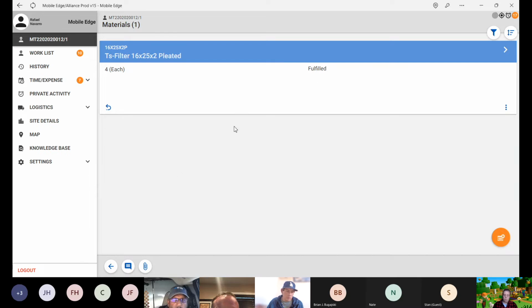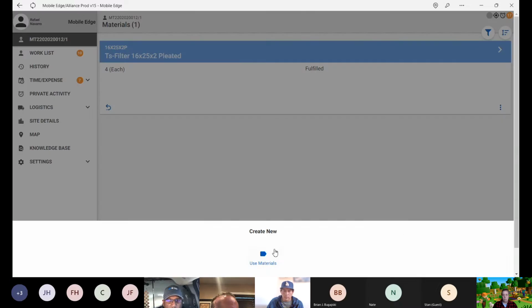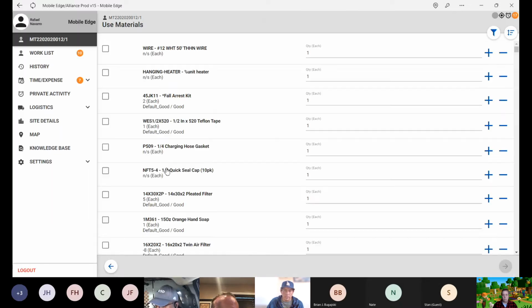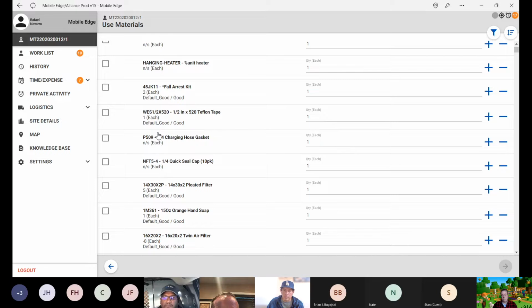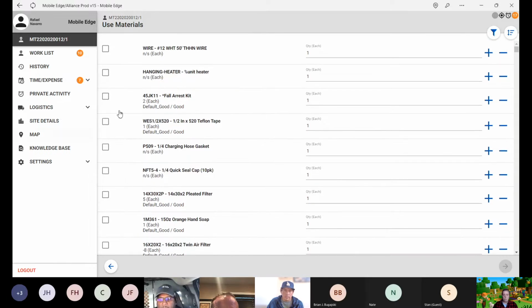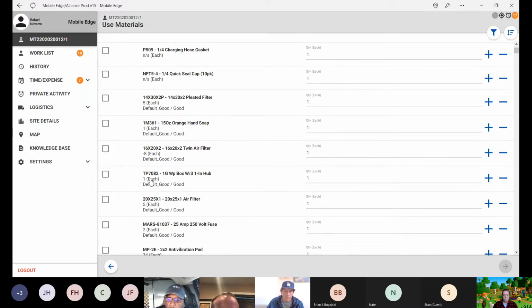Now, in case, real quick, just another quick little thing. In case you needed an extra filter that it wasn't on here, here's what you use. You go here, see that, and you use materials, and then you can add. This is your inventory. You add your inventory. You can add it. This is another filter I needed. And then you